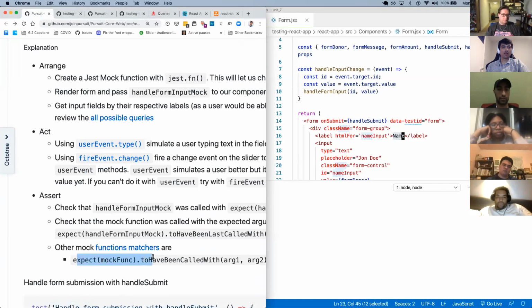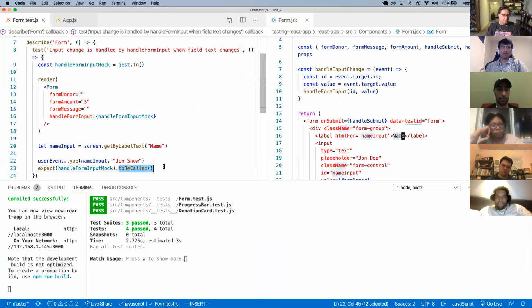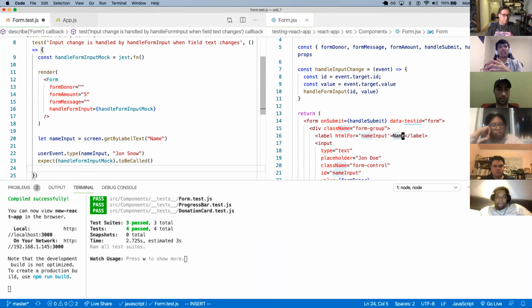Function matchers to have it call. So those are function matchers. They have come from Jest, and they let us check if a function has been called. Now, the next thing that we want to do is check with what values the function was called. So we can do expect